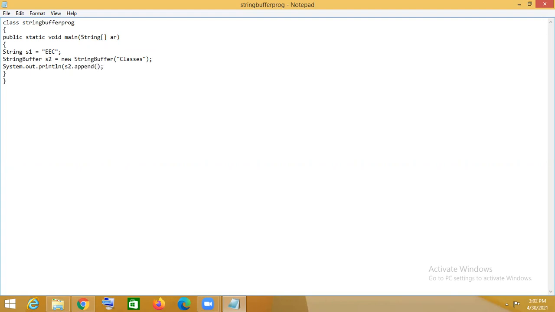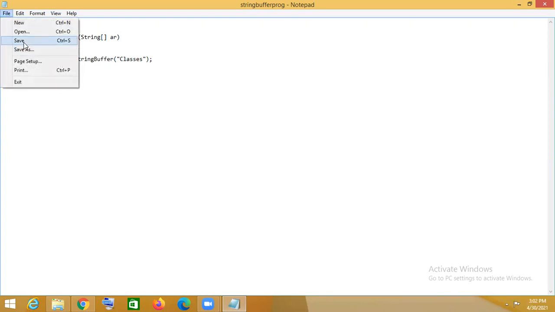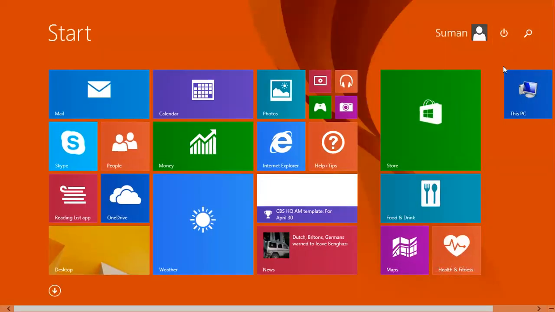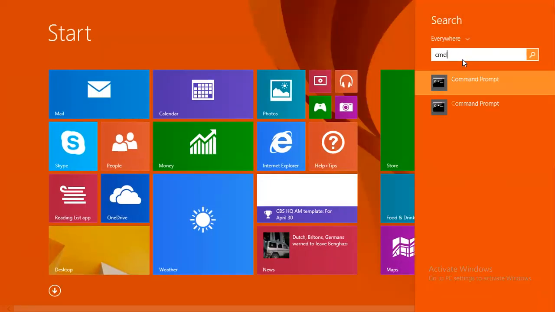Now inside the append we will mention the string which we want to append with S2, that is the string buffer class object and its content. First we will see what the output of this will be. You can see that the output will be classes. If we run this,